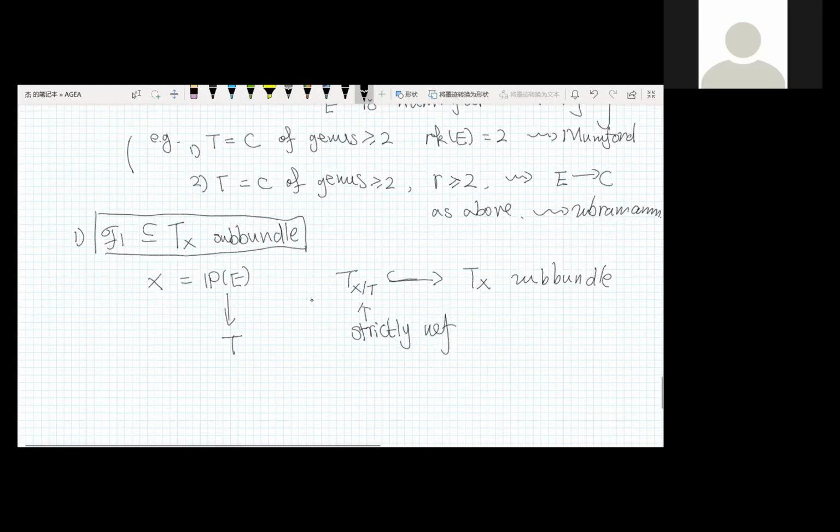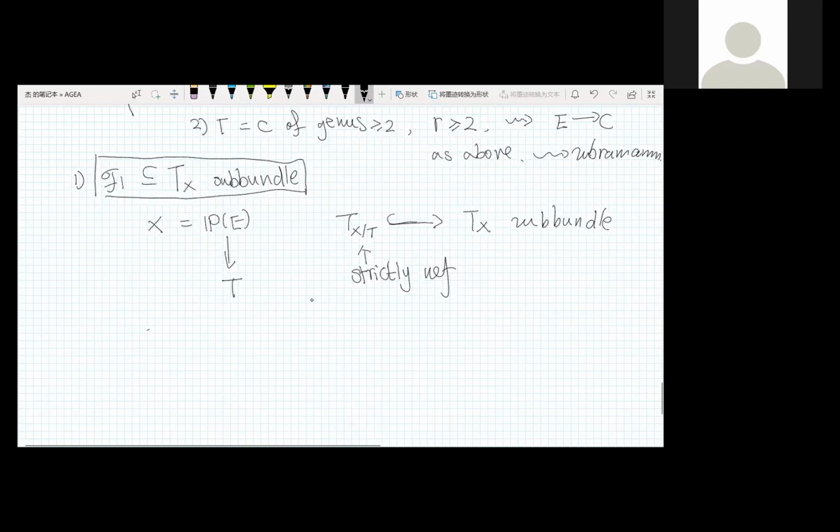It's not difficult to prove this, because if you consider the relative Euler sequence of X over T, you have π^*E^* tensor O_{P(E)}(1), and you have a surjection to the relative tangent bundle,